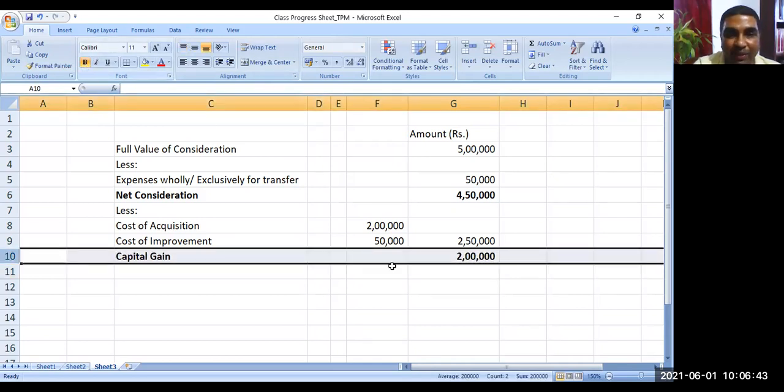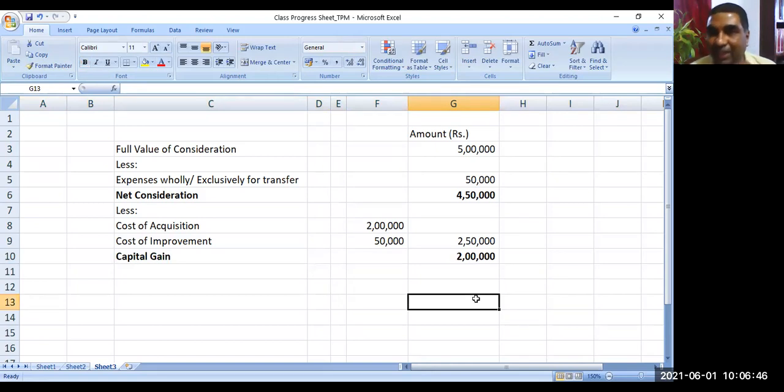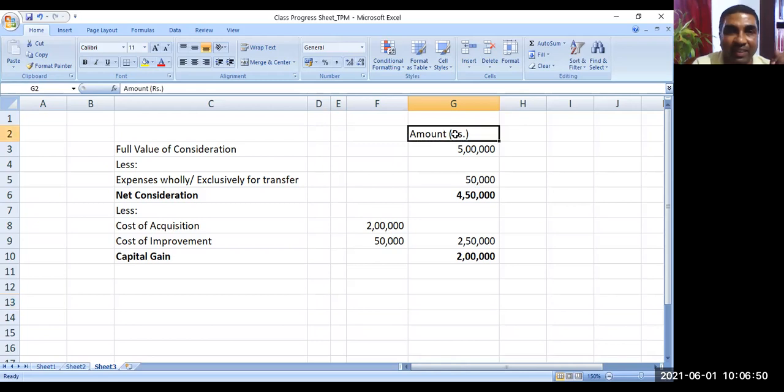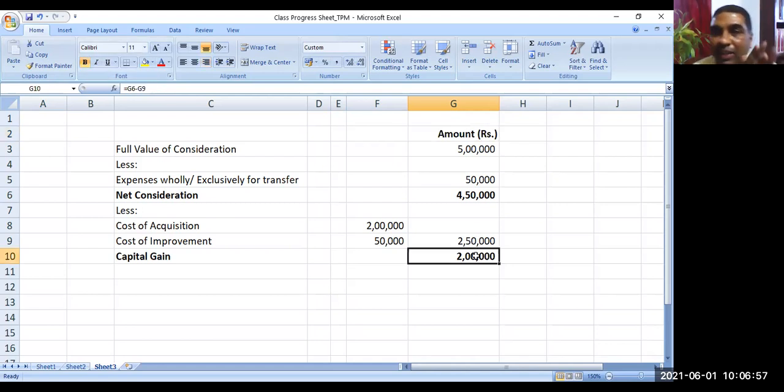Now, whether it is a long-term capital gain or short-term capital gain depends. You have already understood what is a long-term capital gain and what is a short-term capital gain, right? In some instances 36 months, in some instances 12 months. We have understood that concept. So it may be a long-term or a short-term capital gain. It depends on the period of holding, and accordingly, the rate of tax will change. Long-term capital gain will be taxed at a different rate, and short-term capital gain will be taxed at a different rate. So you have to understand that. We'll be understanding that subsequently. So right now, my capital gain is how much?